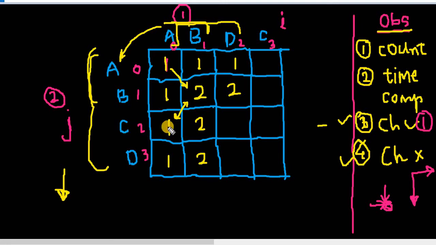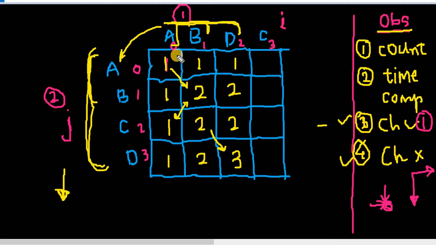D will be compared with C, it does not match, so we'll take the maximum. So again it will be 2. D will be compared with D, so we know that this is the highest value possible, or it matches. So what we'll do, we'll take the value from the corner or the adjacent diagonal and we'll increment the value. So this particular 3 holds ABD compared with the whole of ABCD. Okay, and that means it is a 3 value.